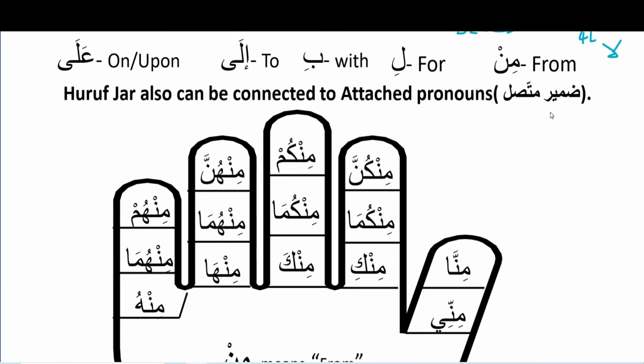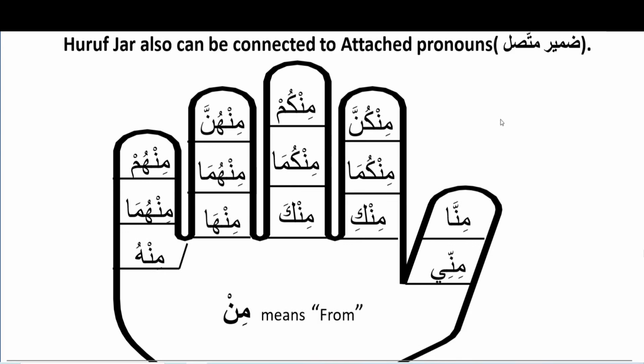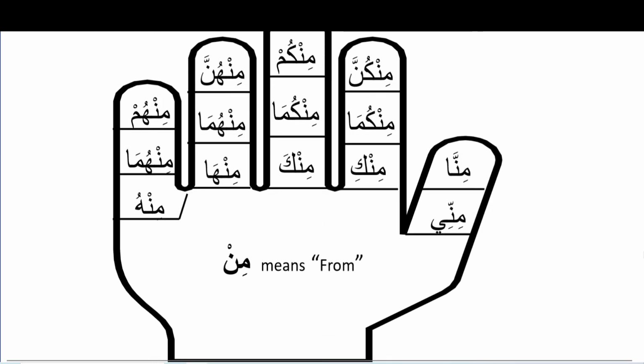Earlier, we connected dhamir muttasil with an isim, a noun, like qalamun. Qalamun is a noun. But for this lesson, we are going to connect dhamir muttasil with a huruf, especially huruf jar. So we take the example min. When we connect min together with ya,